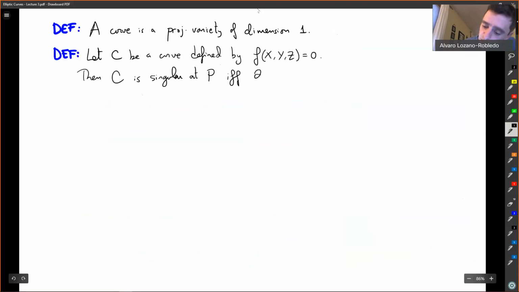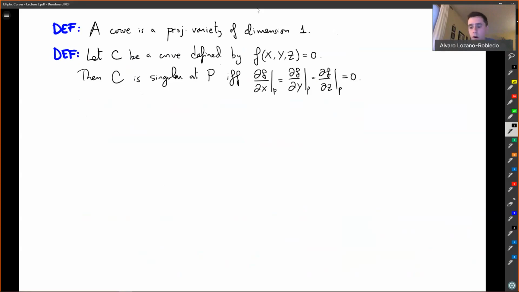the following condition happens: the derivative of f with respect to x evaluated at P, and the derivative of f with respect to y evaluated at P, and the derivative of f with respect to z evaluated at P, all of them vanish. Okay. If you are slightly uncomfortable about taking derivatives over fields that might not be as nice as finite fields and so on, if that's not very natural, you can actually do this